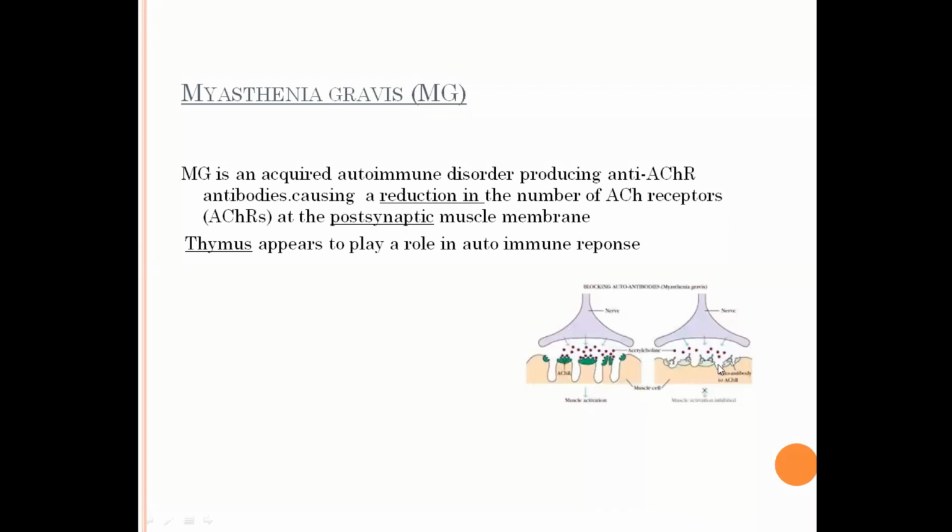Now, why are the antibodies affecting the end plates? Because it is the thymus which seems to be playing a role in the autoimmunity. So autoimmune, as you know, is when antibodies are produced against one's own cells and they destroy them. So basically, myasthenia is an acquired autoimmune disorder which causes a reduction of the acetylcholine receptors. So even though the acetylcholine is there, the receptors are not there. So this is called a postsynaptic disease. This is the synapse, the junction. This is the postsynaptic. The presynaptic one is Lambert-Eaton, which I will come to later.